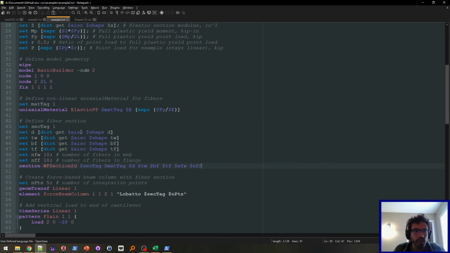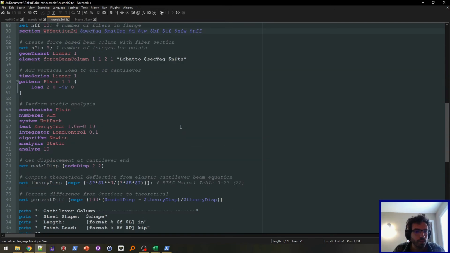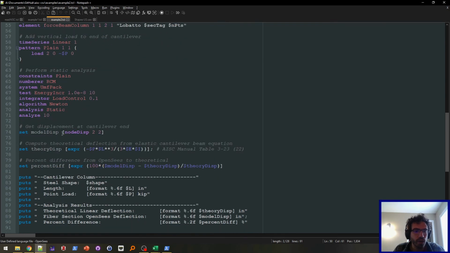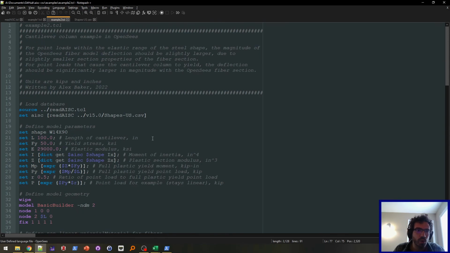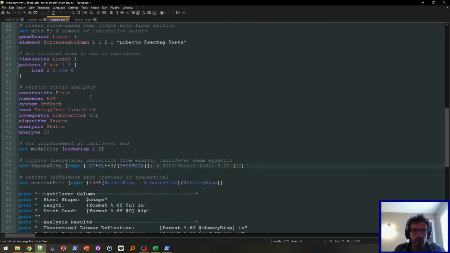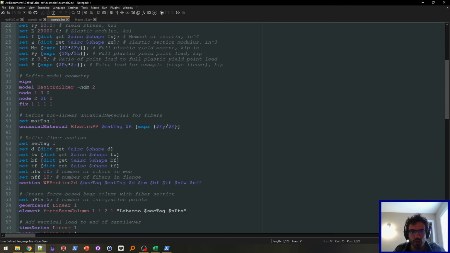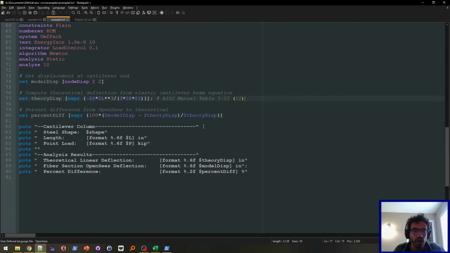Here it's a very simple model. It's just 2 nodes, and it's a cantilever column going out to the side, and I am comparing the model displacement to the theoretical displacement. This is just an example model that you can play with and try out different loads and see how a nonlinear fiber section behaves in OpenSees versus just the elastic theory. So if I run this really quick,